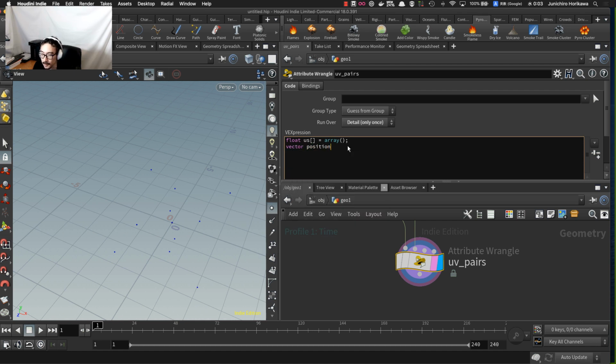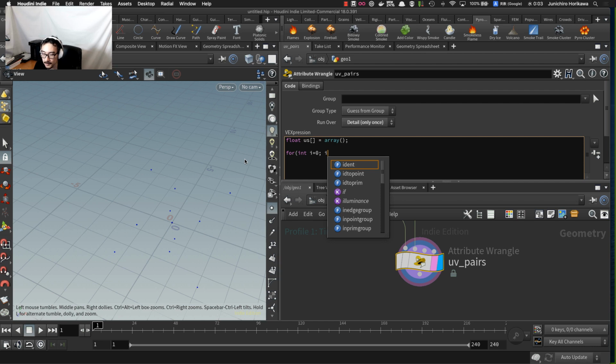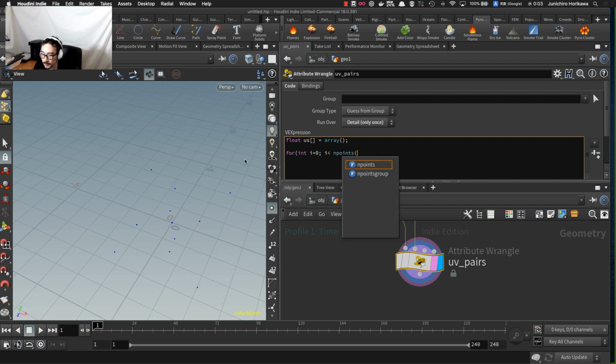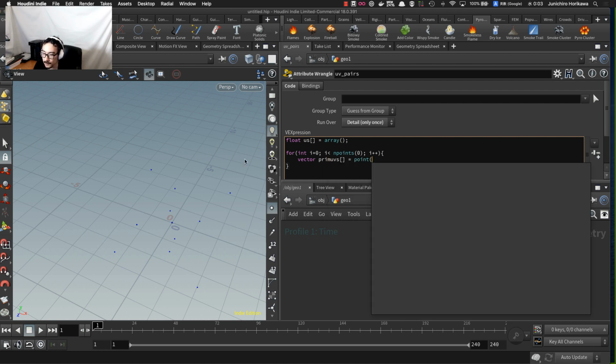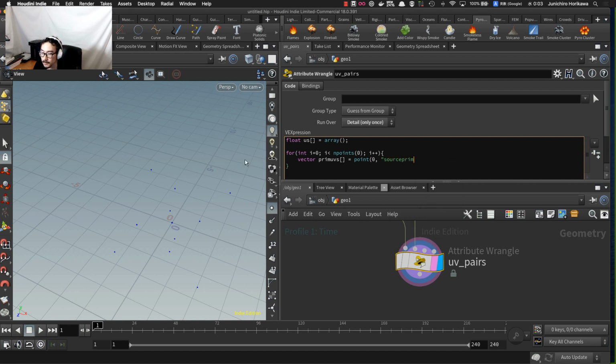I'm gonna create a position array as well. Maybe not, maybe I don't need the position. Okay, I'm just gonna create a U value here, a float array for storing the UV's U value, and iterate through all the intersected points using a for loop. First of all, get the prim UV attribute from the point like this. And since this is an array of vectors,